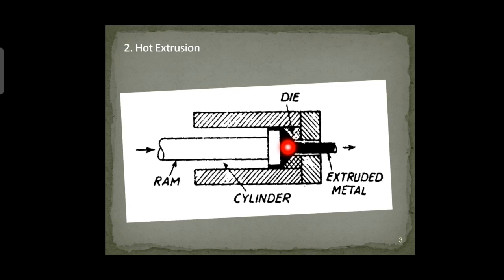Whenever it is pushed, it will be extruded out through this die. It comes out like a round circular rod through the die. According to the shape of the die, the material will come outside, so it is changing its shape. The heated material is already placed inside the cylinder.